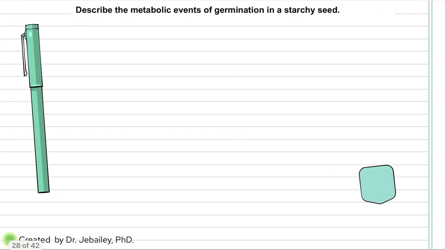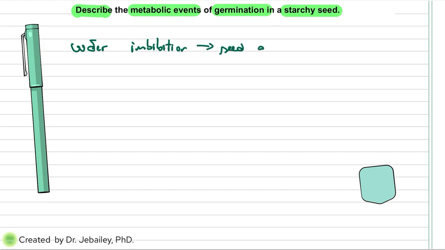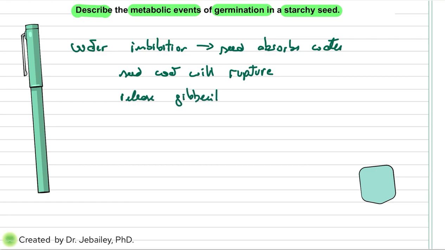The next question says here, describe the metabolic events of germination in starchy seeds. So all of this starts with water, which is basically imbibition. That means the seed absorbs water. Now, when it does this, the seed coat will rupture. At the same time, the metabolic process starts. So it releases gibberellins. And gibberellins are a hormone, and this hormone activates